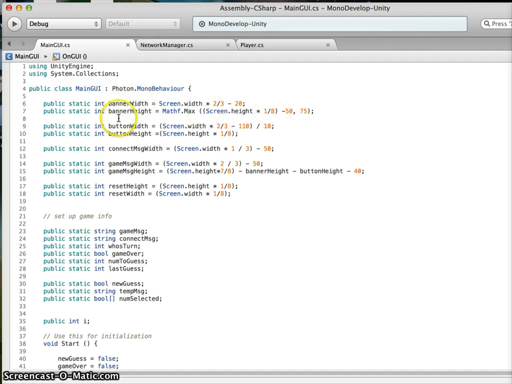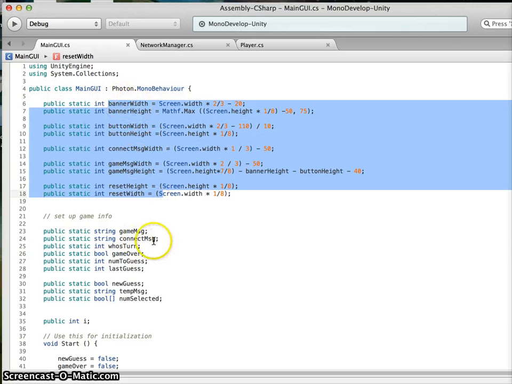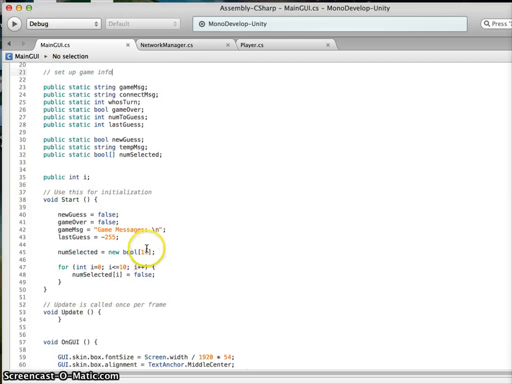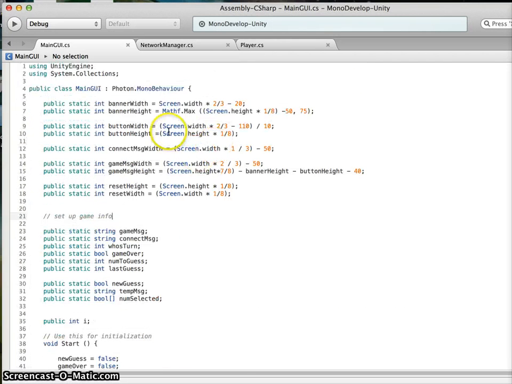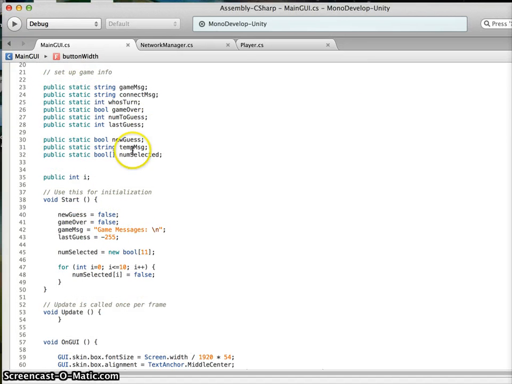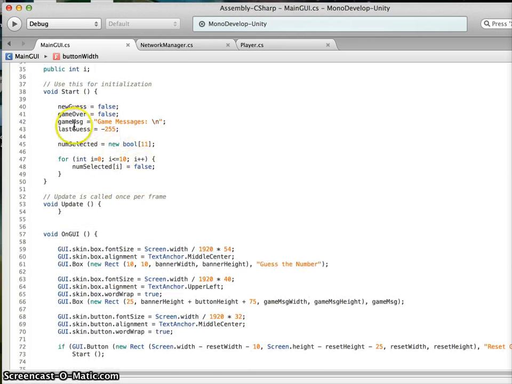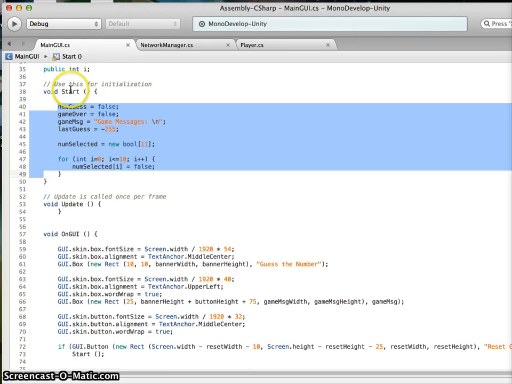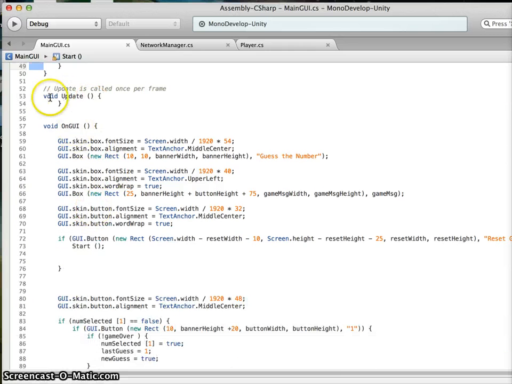Here is the main GUI that I had established for the project. I set up some standard button sizes and text spaces and so forth, all based on the screen width and the screen height, and some very basic variables to keep track of what number is being guessed and so forth. I initialize in the start menu, and then each iteration, each frame, there's an update, and